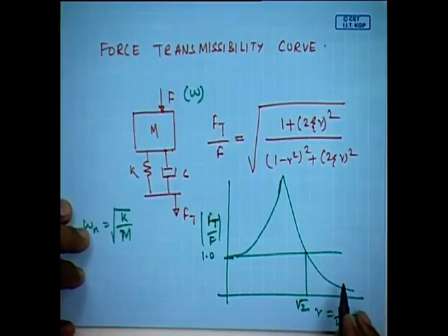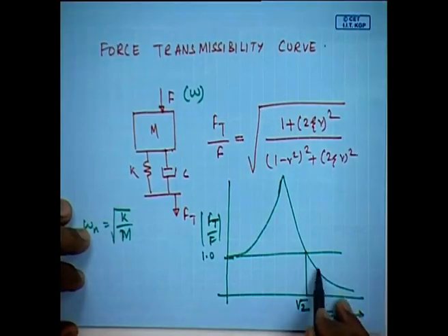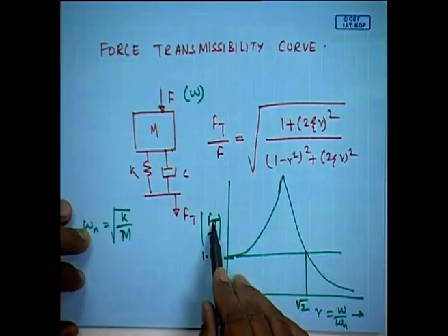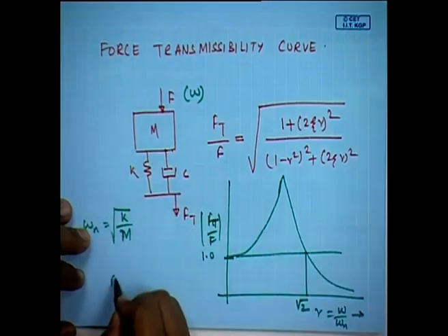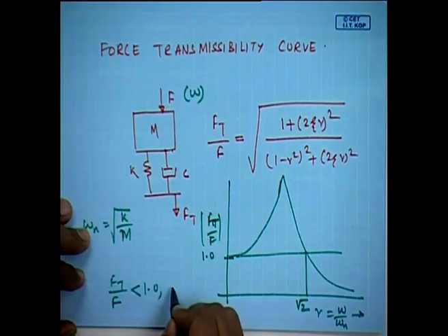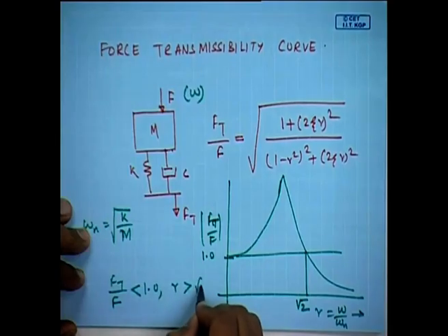So, that means if the driving frequency is more than √2 times the natural frequency, the force transmitted will be less than the applied force F. So, the F t by F will be less than 1 for r greater than √2,